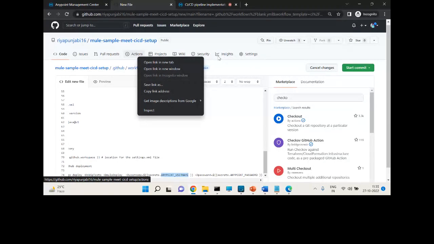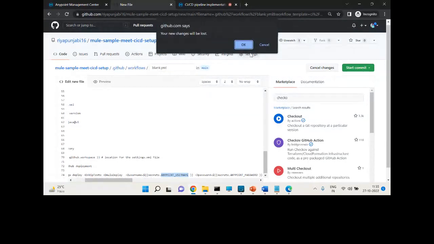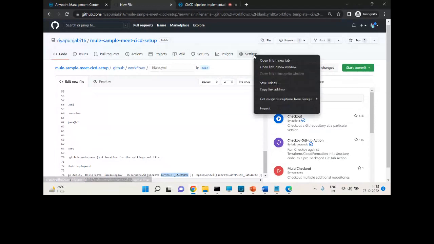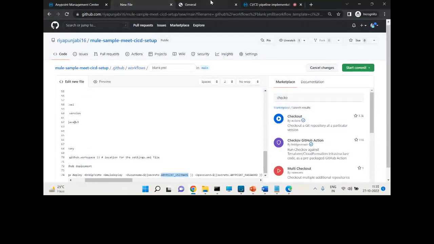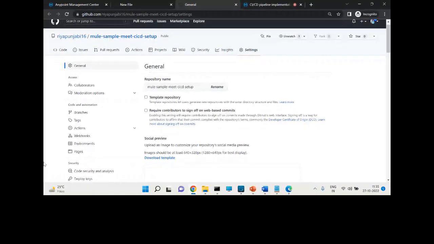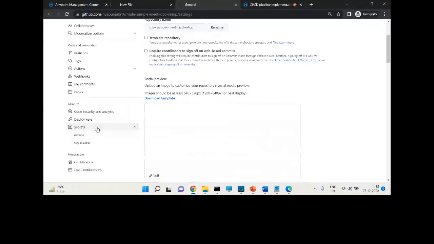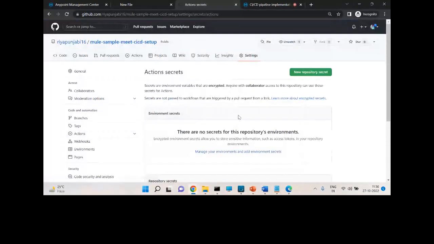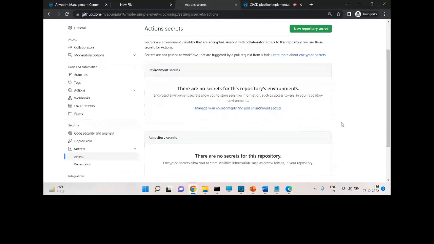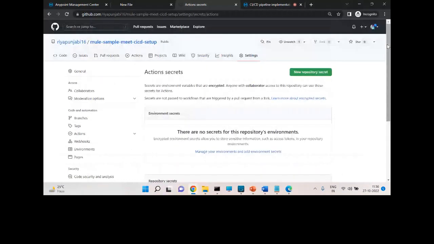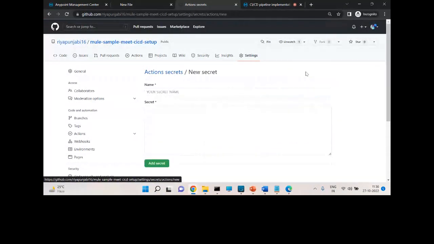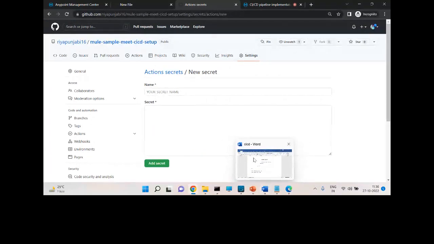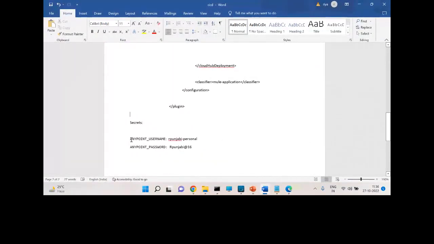So go to settings, open in another tab. Here in secrets, go to actions. Here there are no secrets because I have not created any yet, but I have to create them. So I have to create Anypoint username and password.